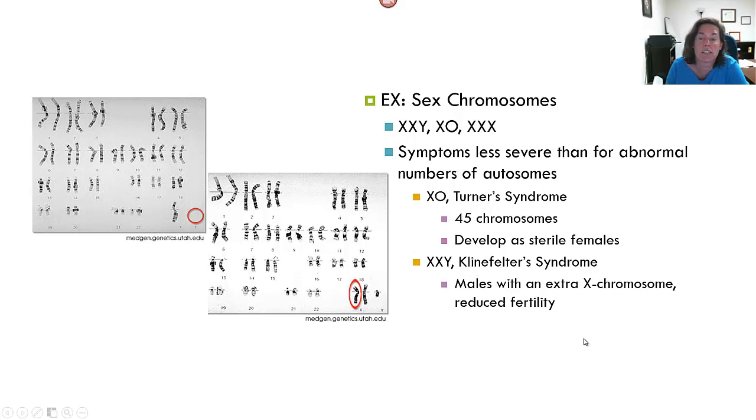Individuals with these types of syndromes generally are referred to as intersex individuals because it's very hard to distinguish them as either male or female. I'm not saying they're androgynous, but in general, they have mixtures of characteristics of both males and females, making it harder to say you're male or female.